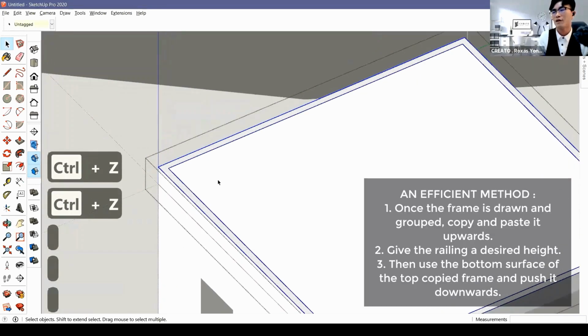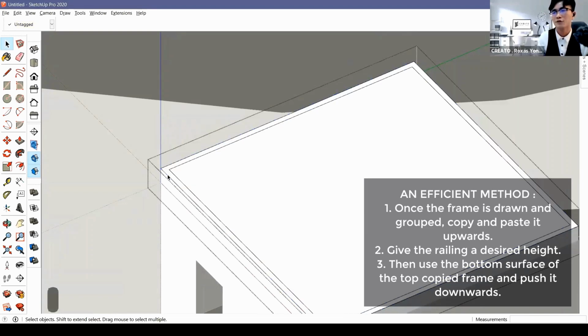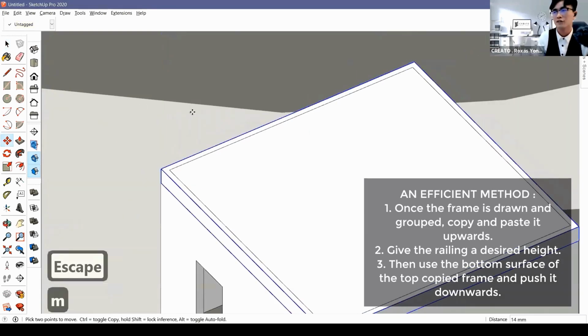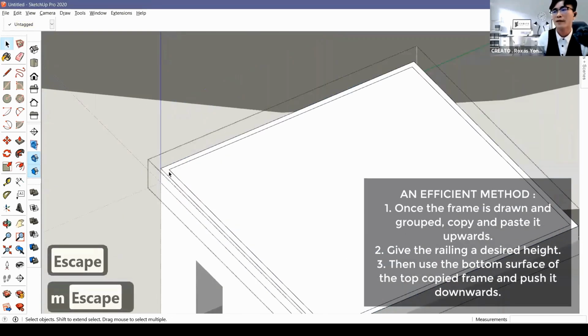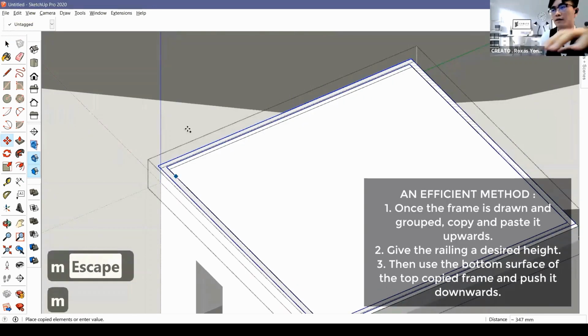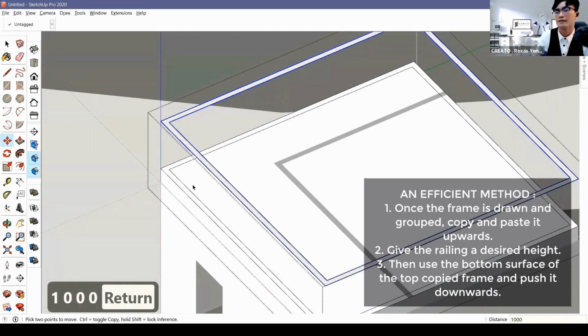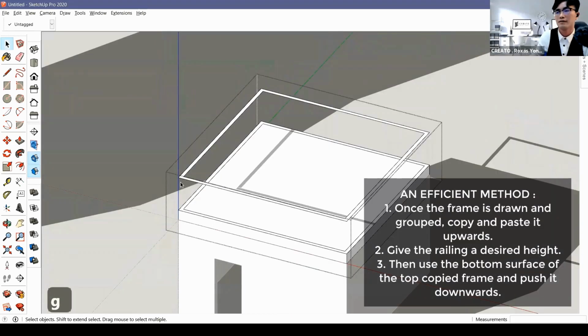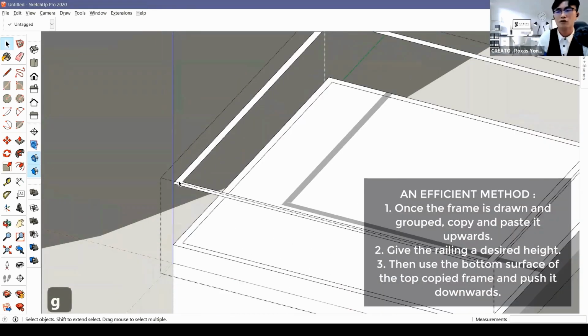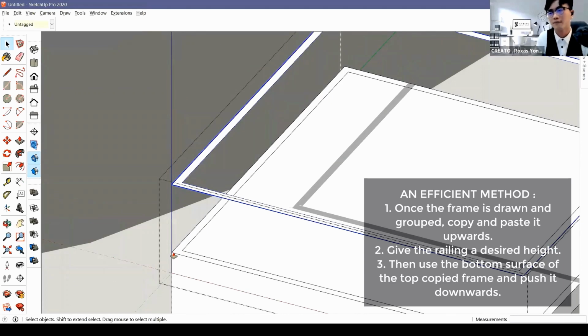after I offset it from the floor. This is a group, as we know. After I offset it, I copy it up into the air, like 1000. Group this thing in the air. Only then do you push it down.